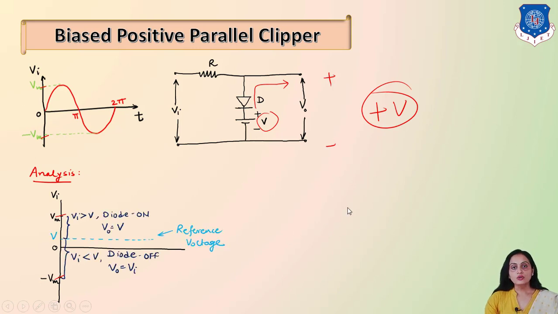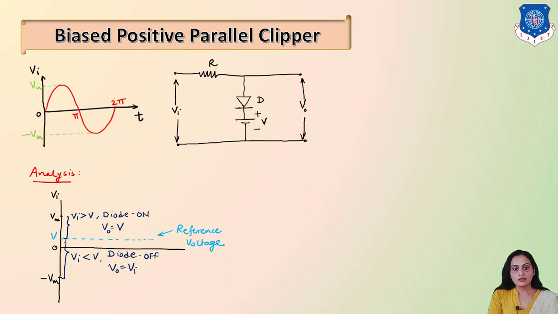So we will do the analysis in two parts. If input is greater than V, that means it is a positive half cycle and this particular voltage is greater than V, that means at the anode of the diode we have a greater voltage than at the cathode, so the diode is on. When the diode is on, it will act as a closed switch and output voltage is equal to V, that is the reference voltage, because we are considering an ideal diode,